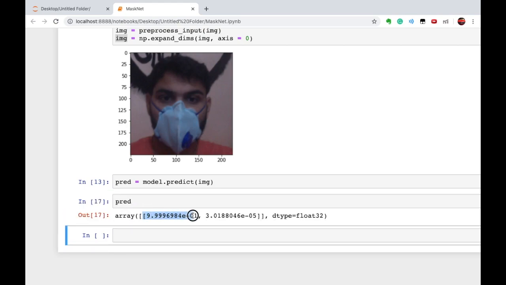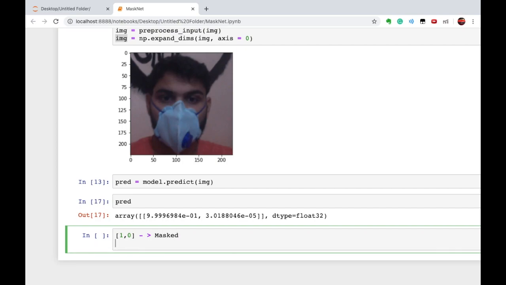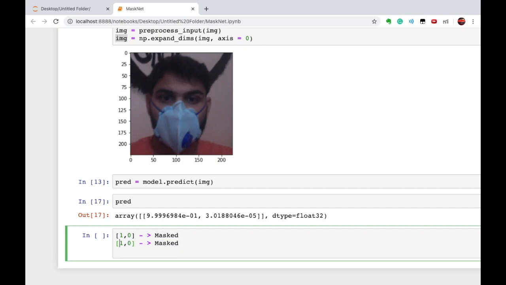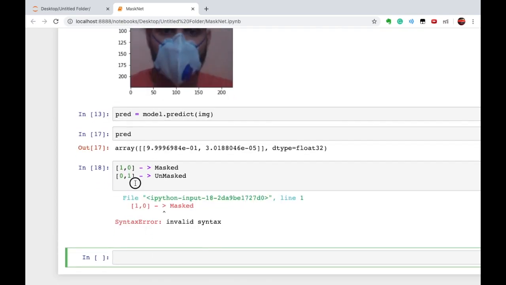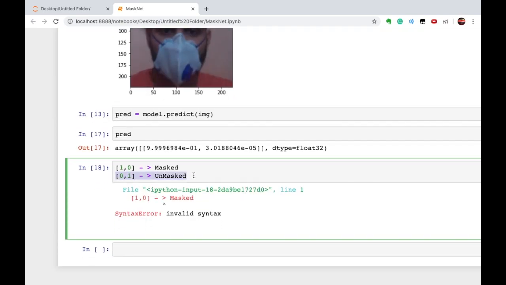If you have watched the previous part, this denotes 1 comma 0 for masked images and 0 comma 1 for unmasked images.